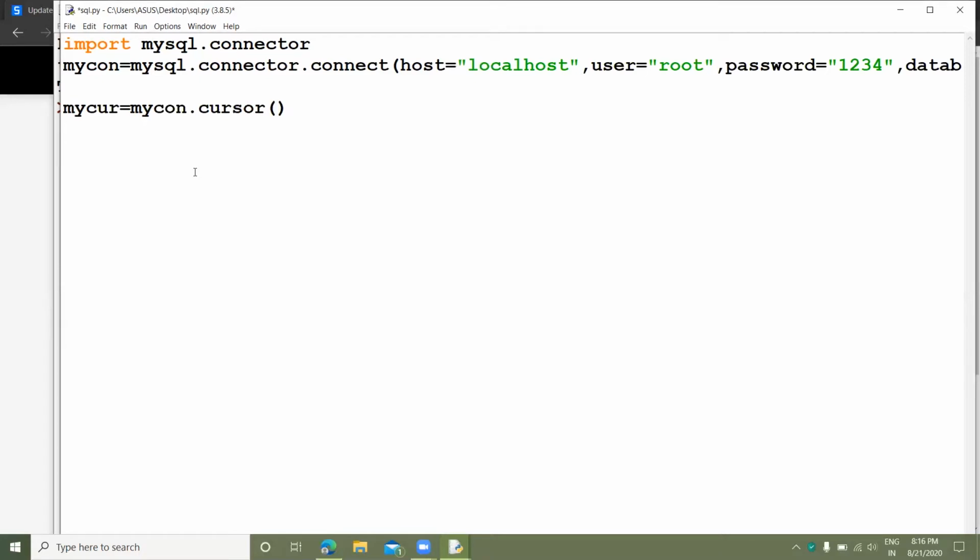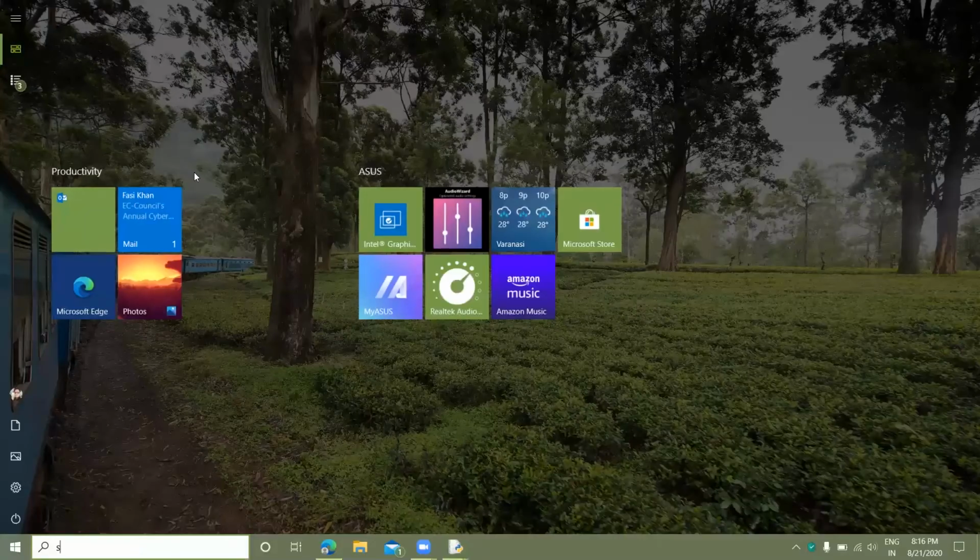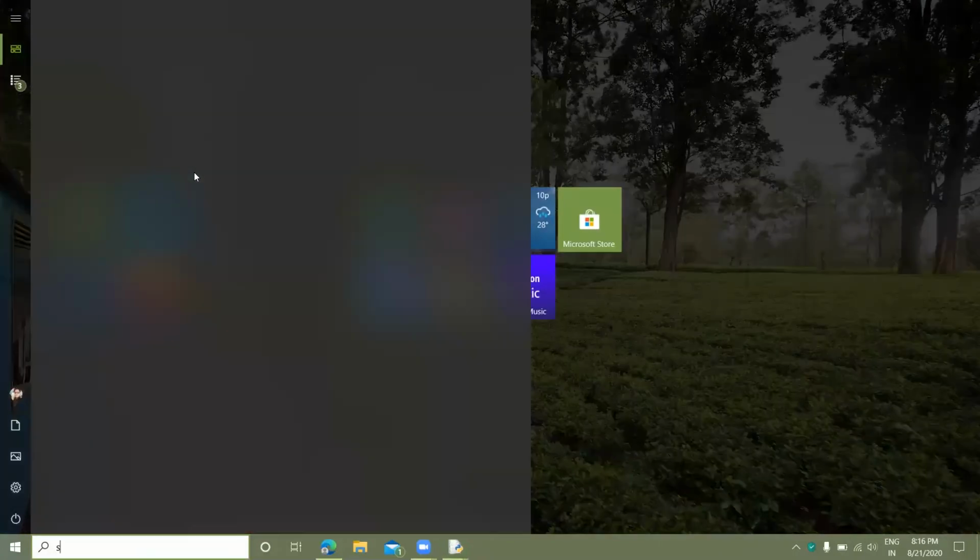So now we will see the execution code which is for the updation. Before we start the updation, please open the MySQL.